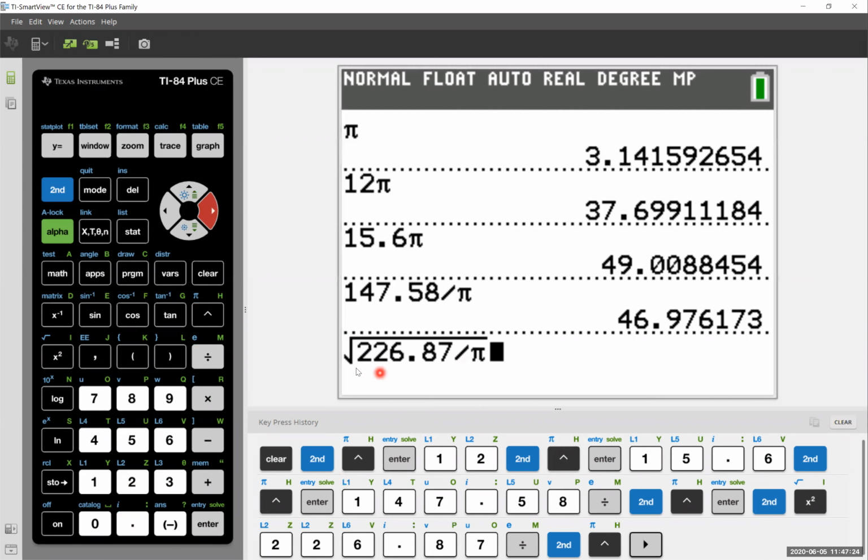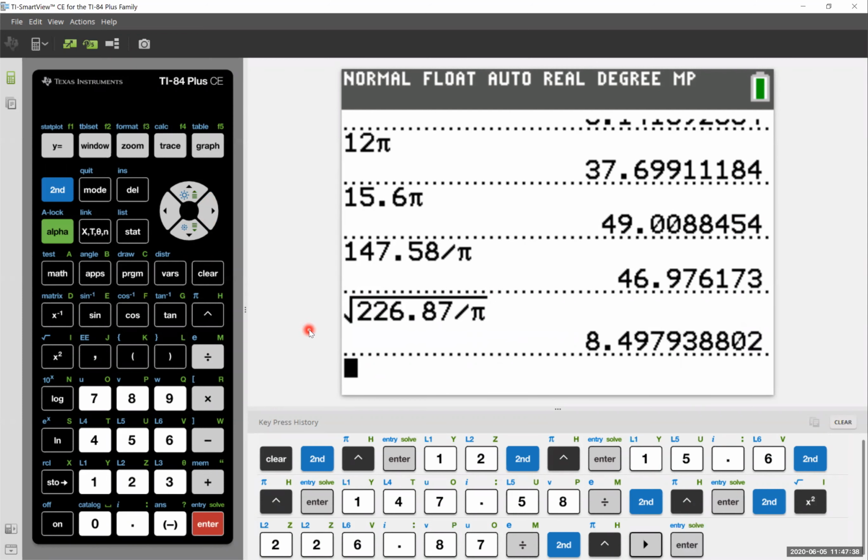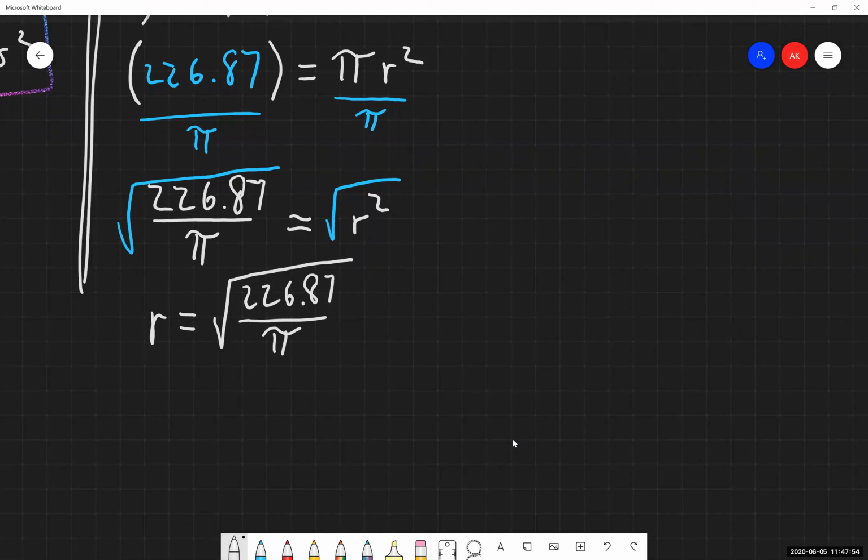If yours is showing up where you do have parentheses showing up on this left-hand side, then you need to end the parentheses by clicking this little right parenthesis here. And then you can hit enter and it will calculate that value for you. So we get 8.4979, a bunch of stuff there. We're told to round to 2 decimal places, so we're getting 8.50 for our final answer. We're good there.